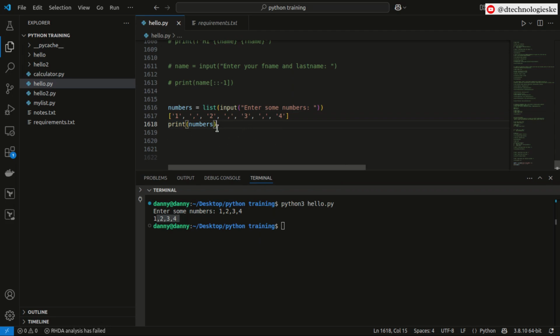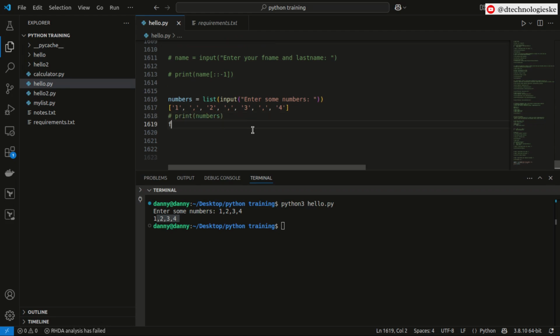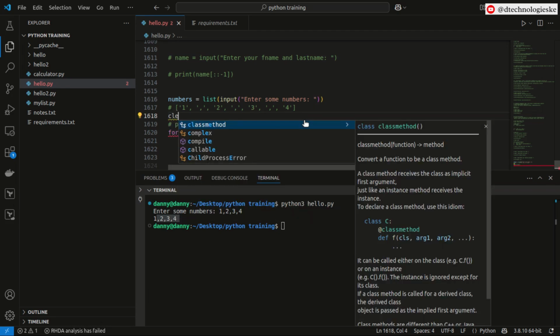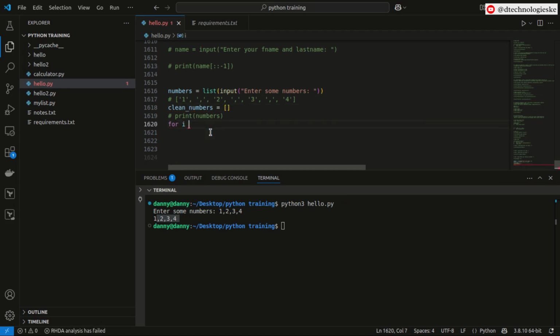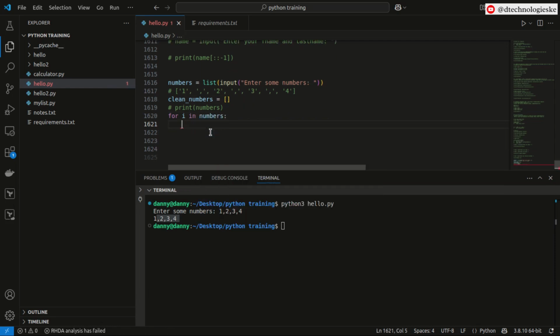The next thing that we can do is to have a for loop. So let me first define an empty list here. Let me call it clean numbers, because they should be clean, right? Then I have for i in numbers. So we want to check